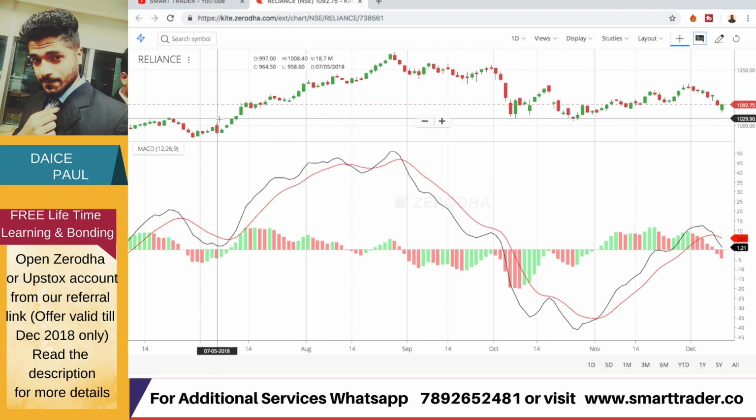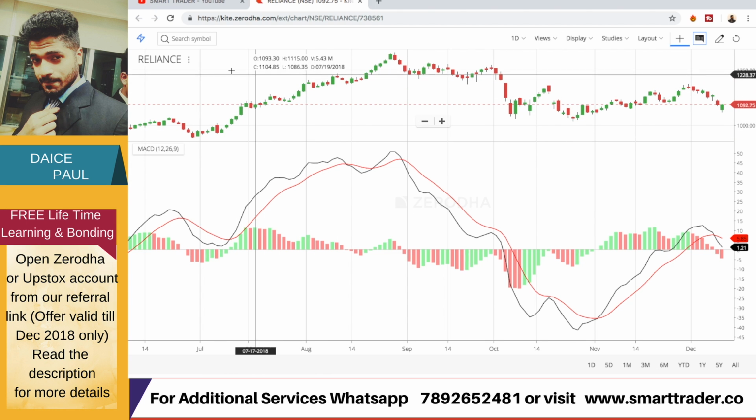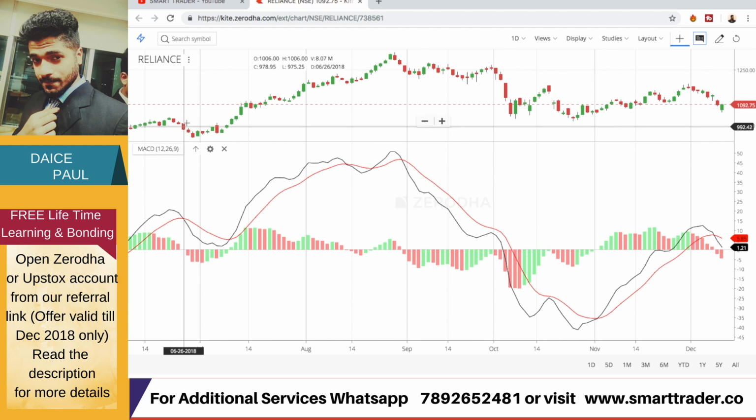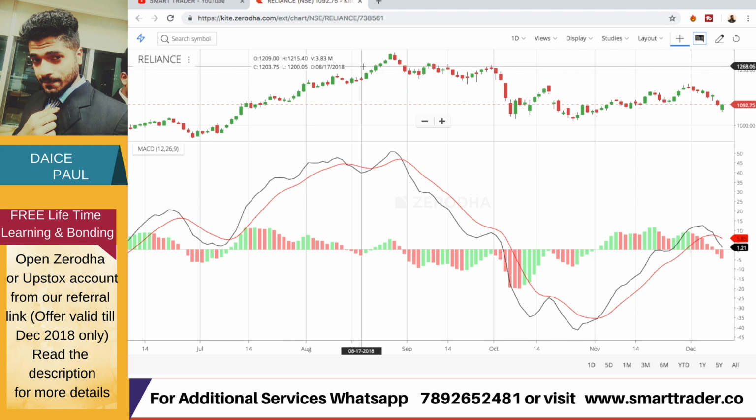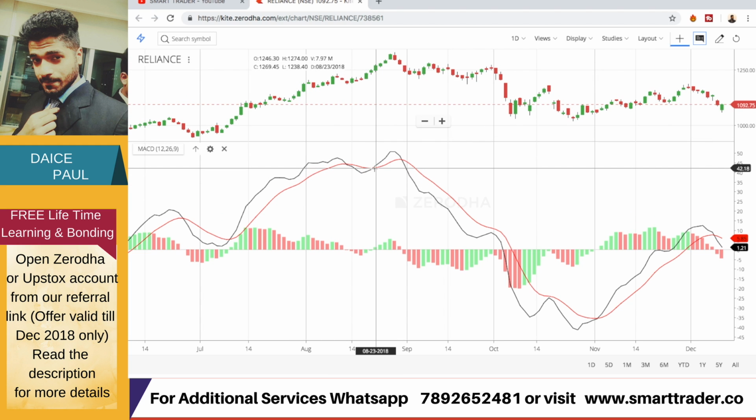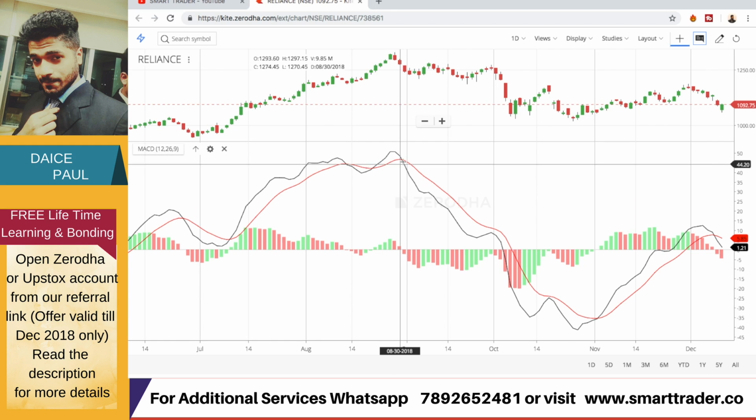And in most of the cases, yes, the stock also has gone up. I've just taken 1 day chart, guys, just like a long term basis. So here it has crossed above, and the trend has gone above very good also. And if you see, there is a trend change over here, again it went up, and again there's a sell,